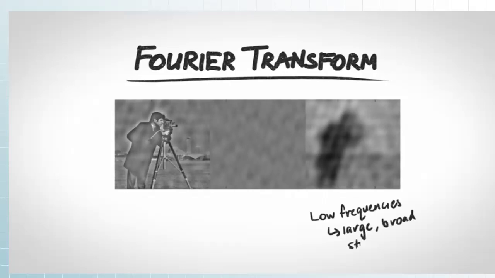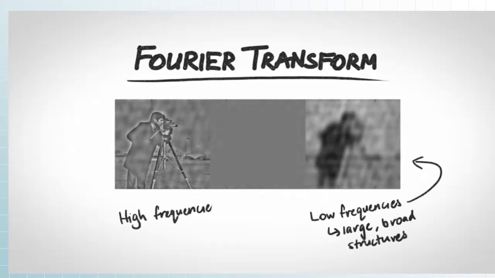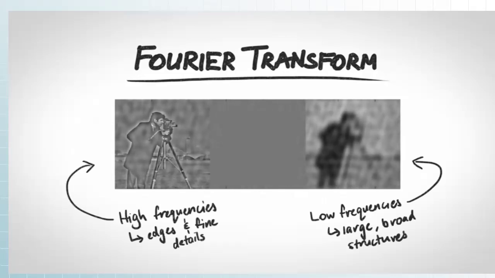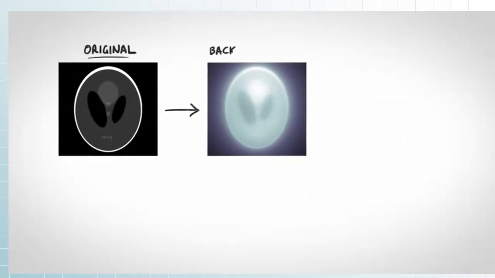The most important takeaway from this is that the low frequency waves in our image give us our large, broad structures, and the high frequency waves give us the edges and the finer details. Now let's get back to our CT image. The problem with back projection is that we oversample the low frequencies and we undersample the high frequencies, which results